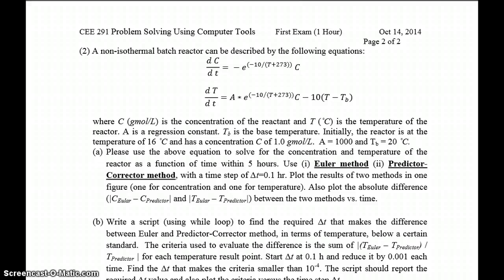So for problem number 2, we are given that a non-isothermal batch reactor can be described by the following equations. Our first differential equation is the change of concentration with respect to time, and the second differential equation is the change of temperature with respect to time, where the temperature is in degrees Celsius and the concentration is in g moles per liter. A is a regression constant that is always 1000. Our initial temperature is 16 degrees Celsius when our concentration is 1 g mole per liter, and T sub B